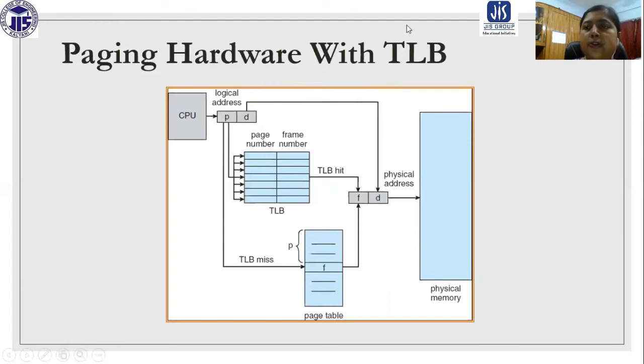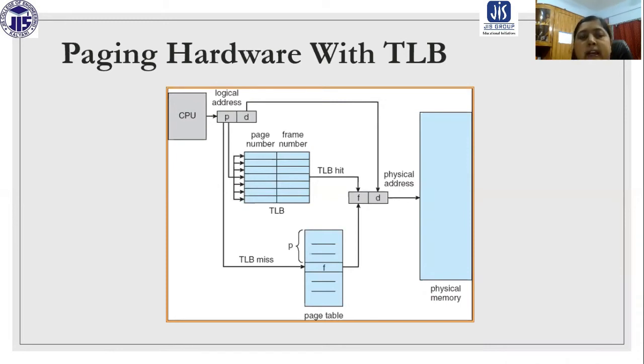So this is paging hardware with TLB. This is for avoiding the memory access twice. A register is used for implementing the TLB, and access to a register is very fast compared with access to the main memory.